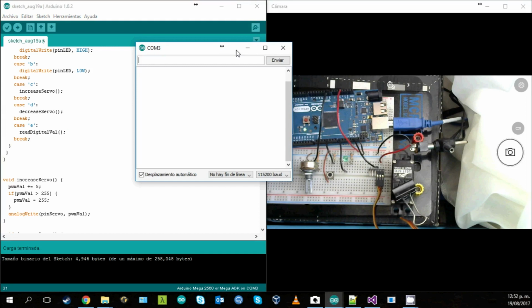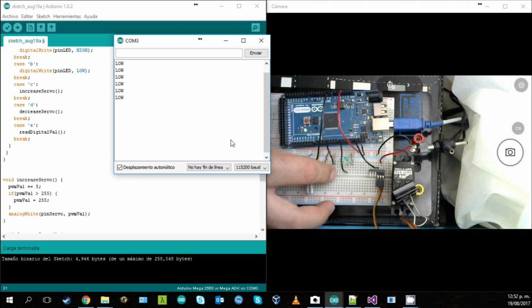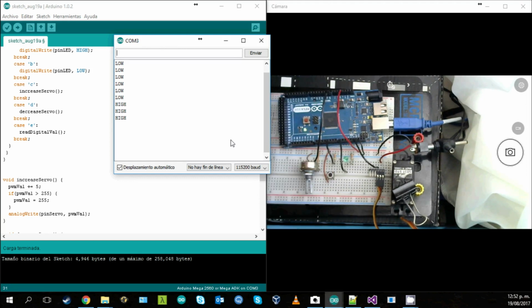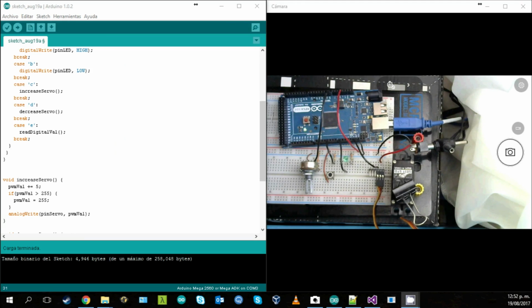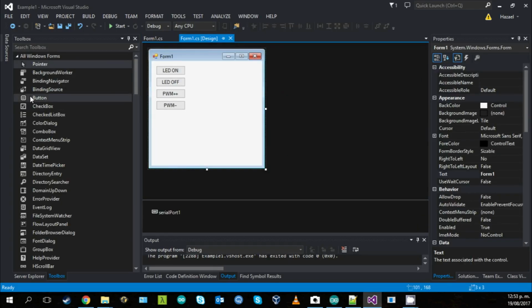I'll test it using the serial monitor. Okay. I will read using an E. Okay, it says it's low. I need to push it here with my hand, and it says it's high. I stop pushing it, and it's low. Okay, everything is working. So let's go to Visual Studio, and we need to add a button